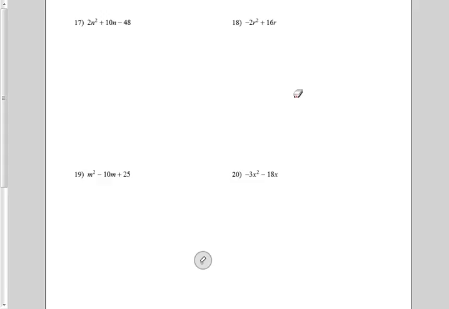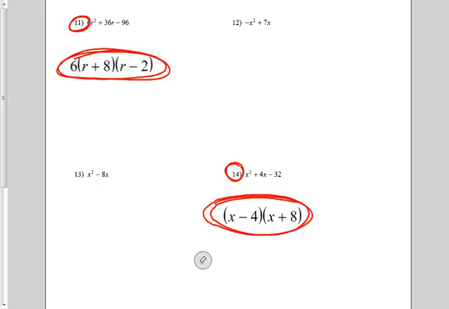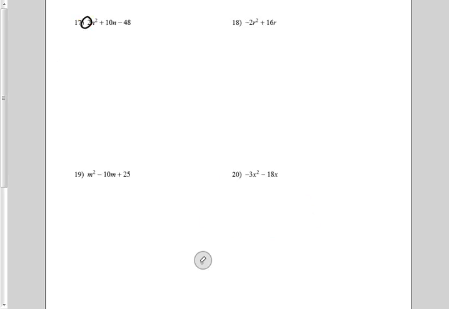Okay, everybody, welcome back. So, in today's video, or I guess the next video since you're watching these all at once, we're now looking at this section where you can see we've got lead coefficients right here, this number like that. When we came back, we talked about that being a GCF, and I would have, like in number 11, a 6 out there. Well, what happens as we get through this section is